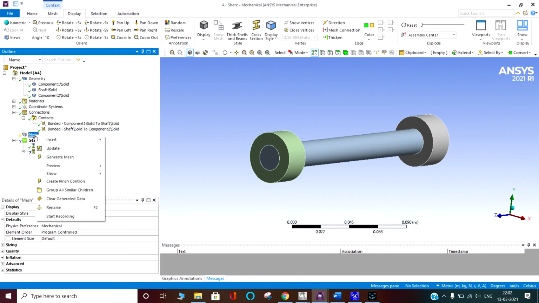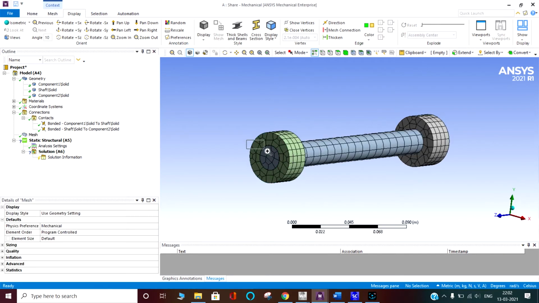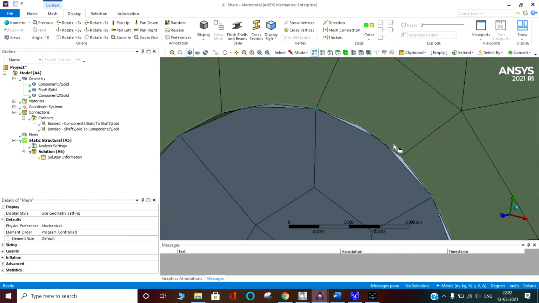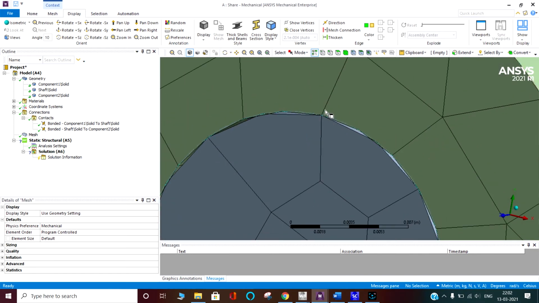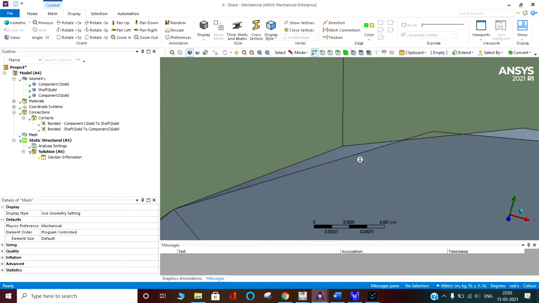In meshing, I'm generating the mesh. This is arbitrary meshing, so I'm not changing anything. Here you can see this mesh does not have common nodes at all places.